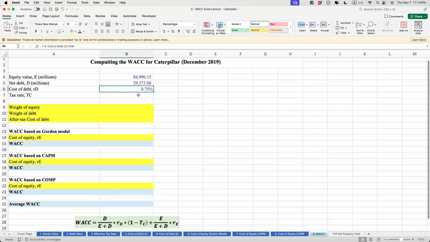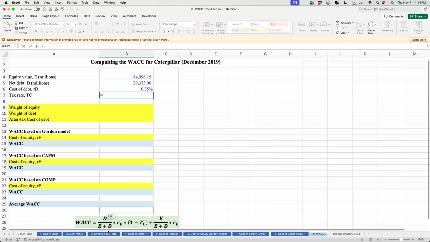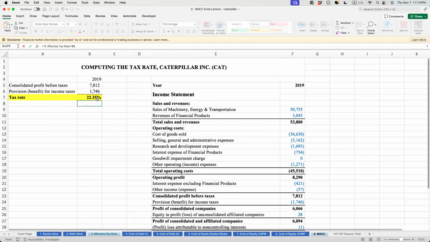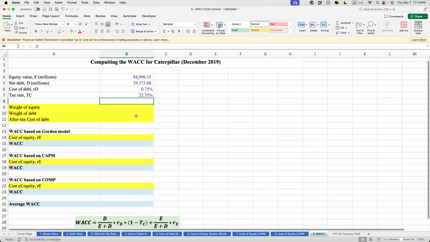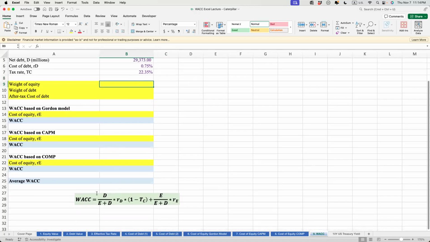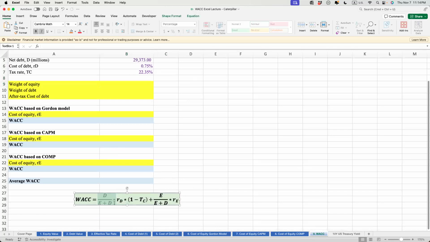Okay, now we are linking that, and then the tax rate will be 22.35%. Now you can calculate WACC this way, but it will be easier to start consolidating this calculation. Basically, this term, D divided by E plus D, calculates the weight of debt, and this one calculates the